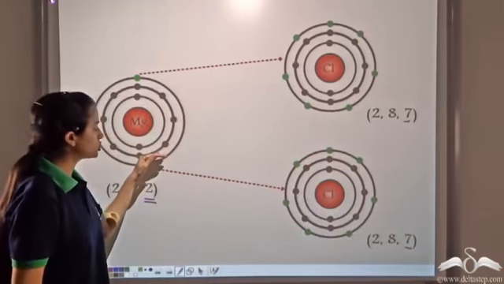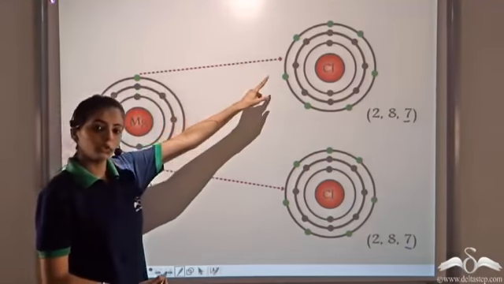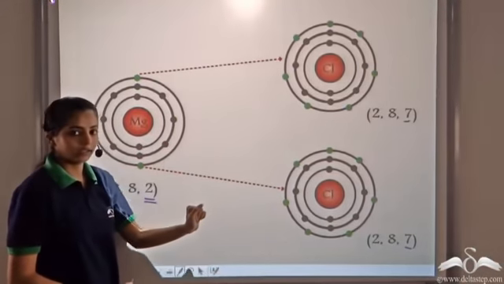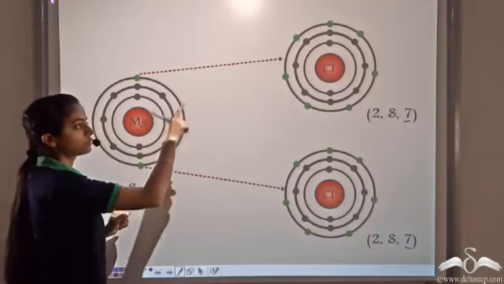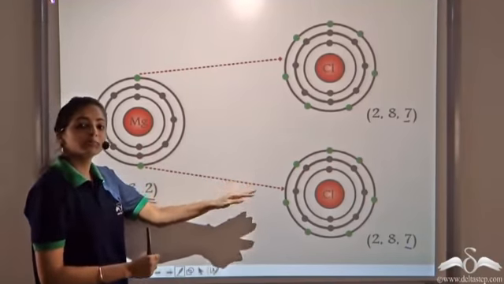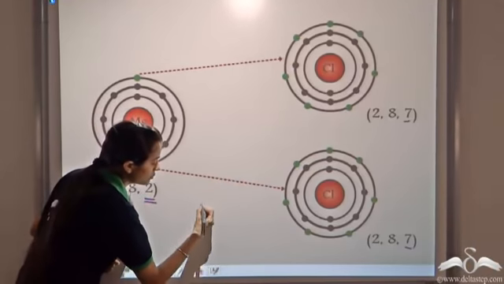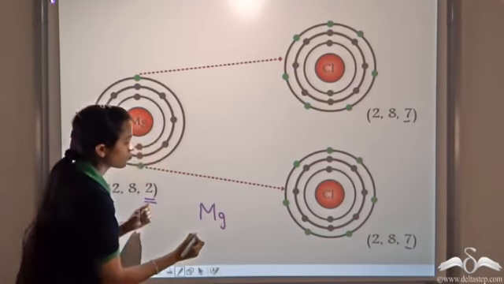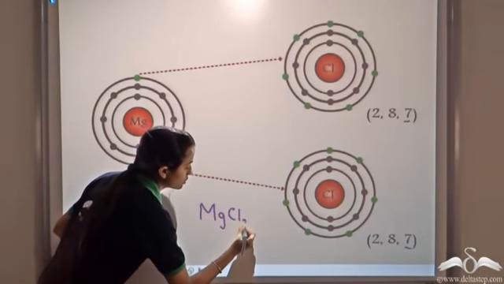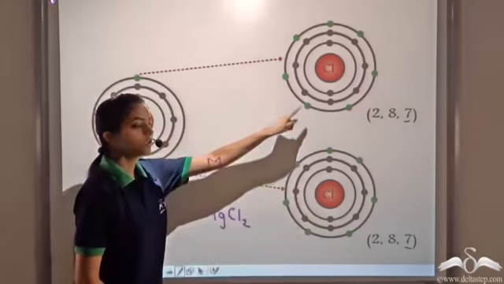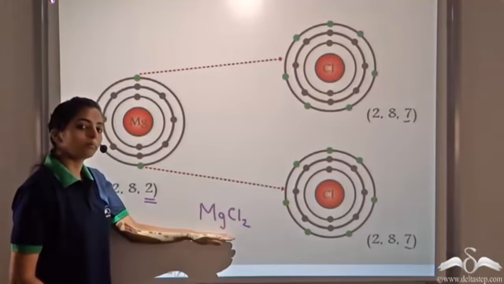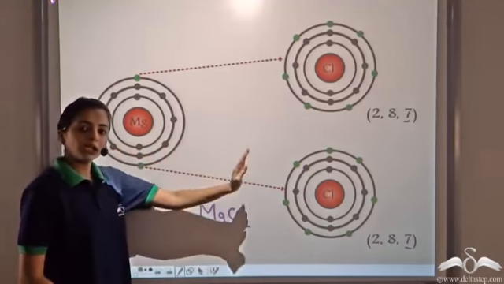So now the magnesium atom gives 1 electron to 1 chlorine atom. It gives another valence electron to another chlorine atom. So by doing this, the 3 of them have their octet satisfied. So the 3 of them have stable structures. So we get Mg, since there is 1 atom of magnesium, and Cl2. This is because there are 2 atoms of chlorine. So this is the chemical formula of the compound formed by magnesium and chlorine.